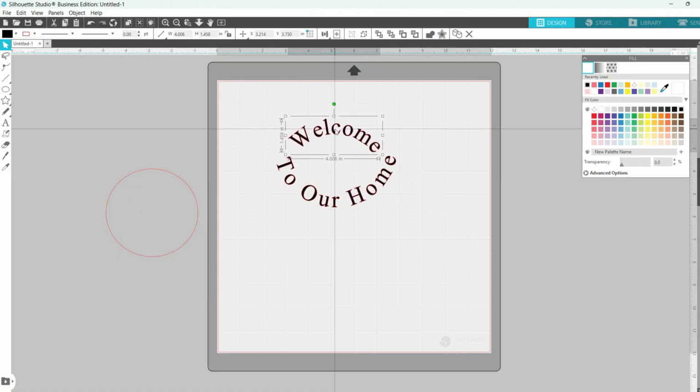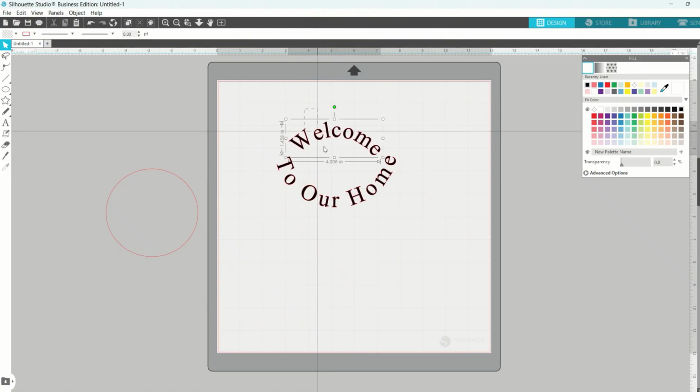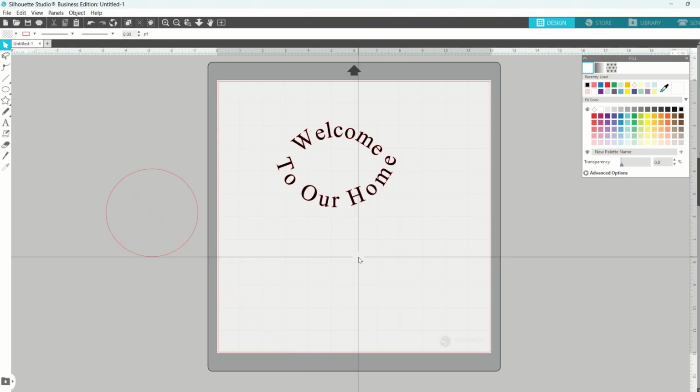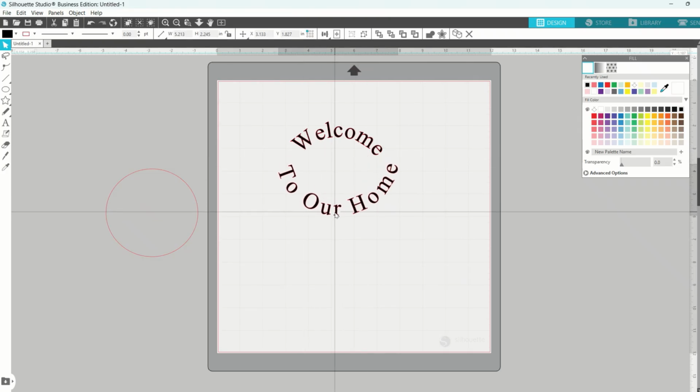I'm an old person. I forget things sometimes. So now what we do is to make it even, we go here, there, that's center. But because I didn't do the welcome all the way to the left, it's a little off cue. So you can measure different, just like this, and that makes an optical illusion that it is in the right place. Then you can put anything inside or whatever. That's how you do